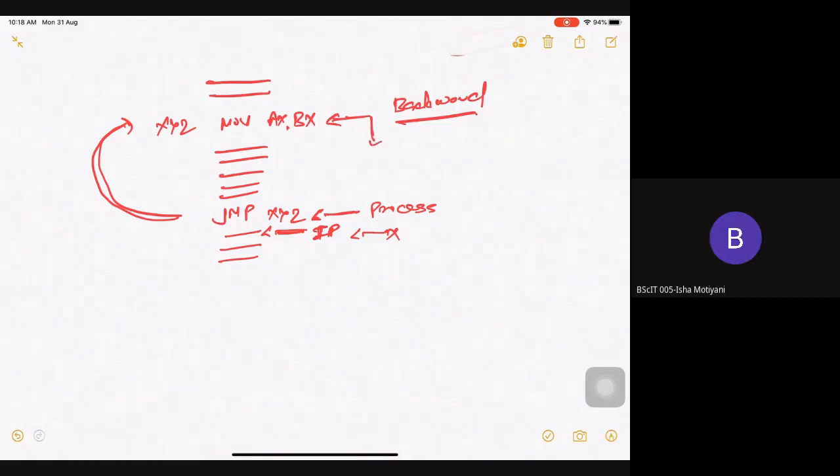Yes, sir. So I need to change the value of my IP from this value to this value. Then only I can jump here, because every time which instruction to execute will be decided only based on IP. So whenever a jump instruction comes, you need to change your IP value. If the condition is correct, you need to jump. Otherwise, you simply follow the next instruction. As in this case, this is an unconditional jump. You compulsorily need to jump over here. So your IP from here will get changed to this.